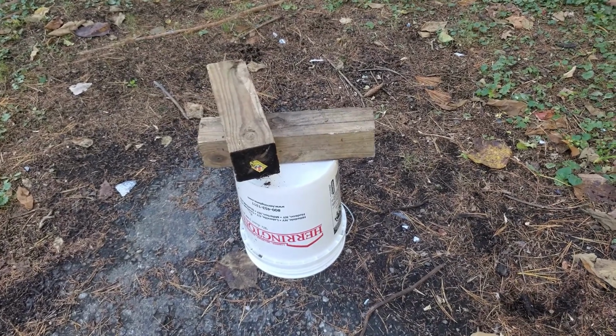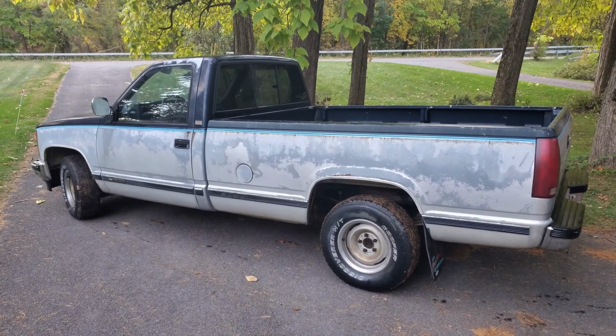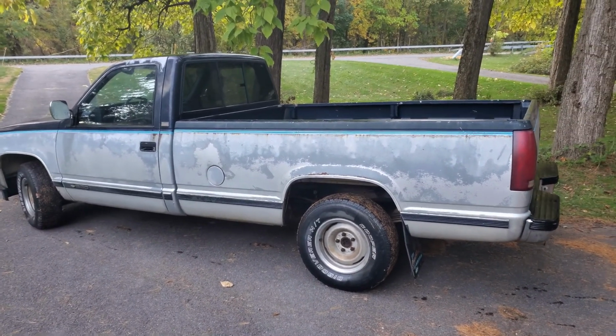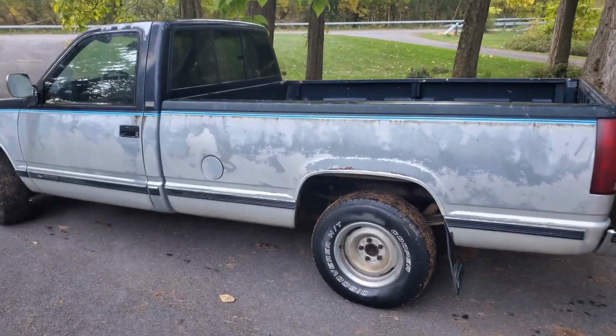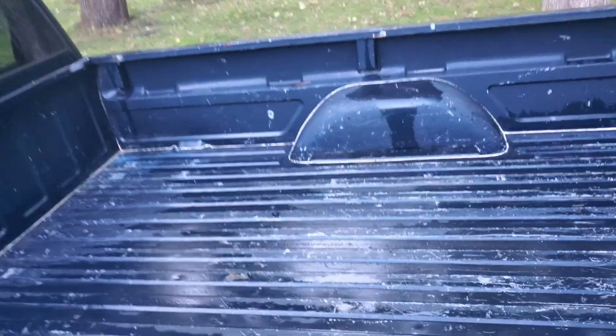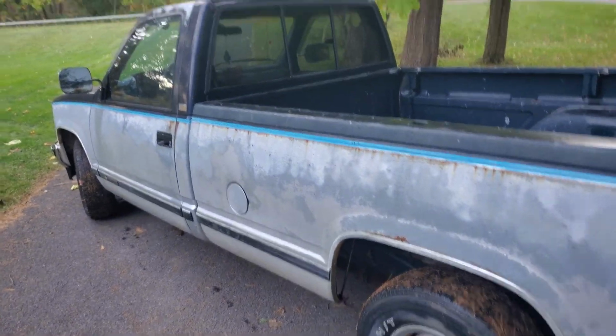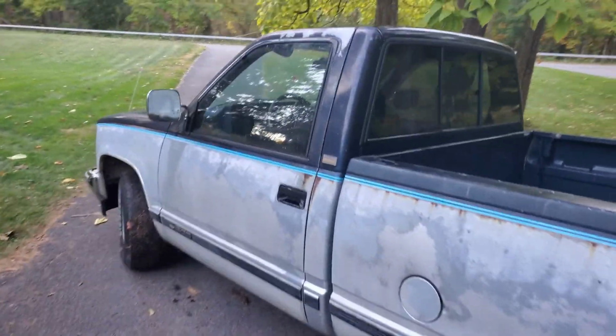This is not a real tripod. It's been about a couple weeks since I grabbed this guy. And yeah, I just cleaned it up a bit more. It's been chilling out at my house a little bit. And I cleaned out the bed, got every bit of mold and lichen and moss out of there. Even though we did a little car wash on the way home, it just needed a lot of extra work,